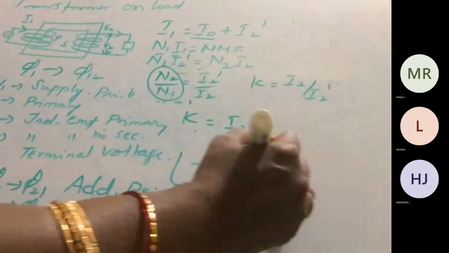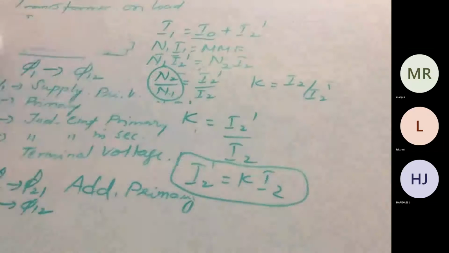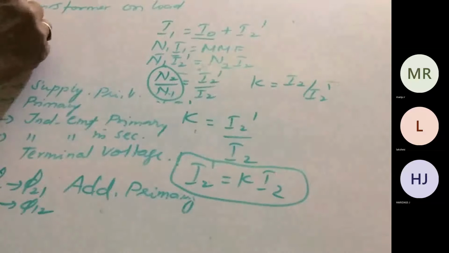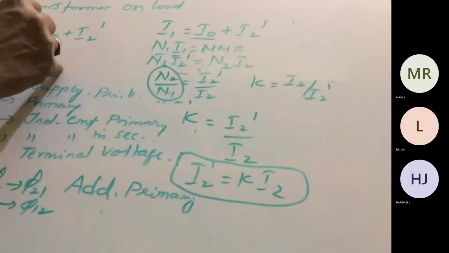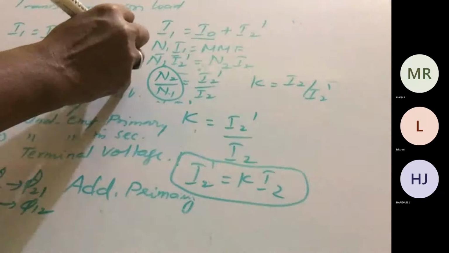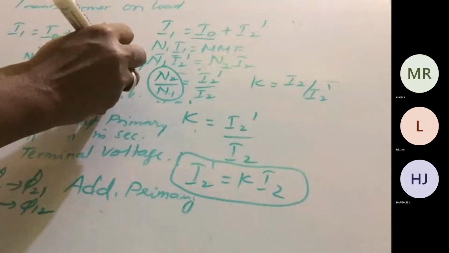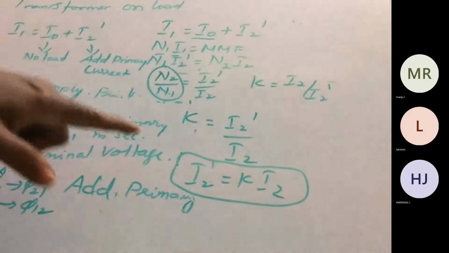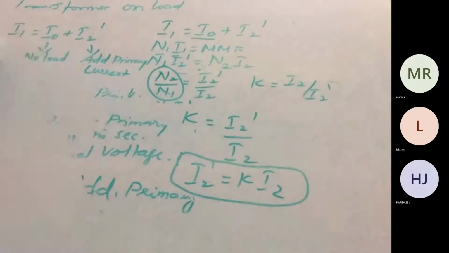So this is the additional current in the primary. The total primary current we can write as I1 equal to I0 plus I2 dash. I0 is the no load primary current, and I2 dash is the additional primary current whenever we connect the load across the secondary. So what relations are we getting? I2 dash is K into I2, I0 we can calculate with the help of the magnetizing current and working component, and I1 is the total primary current under the load condition.